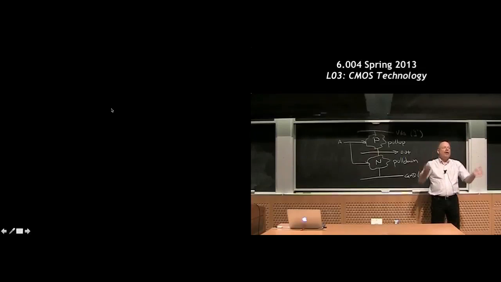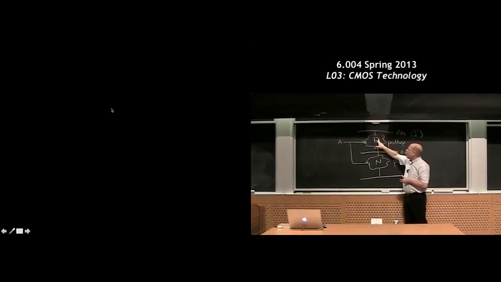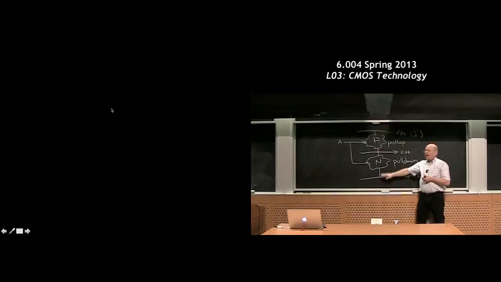It gets pulled up, as the voltage gets pulled up until the power supply rail. In other words, if there's a conducting path of these voltage-controlled switches that connects this node and this node together, this node will get charged up by the power supply. How about the other way? Suppose there's not a conducting path up here, but there's a conducting path down here. Okay, then what happens to the output node? It gets pulled down. So this is called the pull-down network because its job is to discharge the output node. And this is called the pull-up network because its job is to charge up the output node,